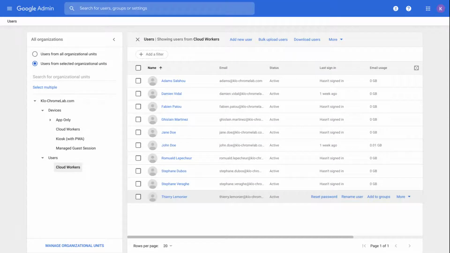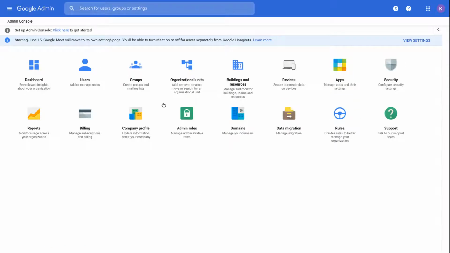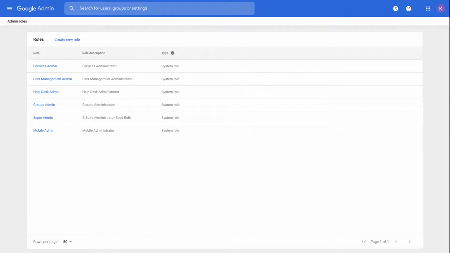So let's move to another menu. We are going to talk about admin roles. Here is the list of all admin roles that you can use in the organization. This is the default list, but you can create a new custom role and assign this one.